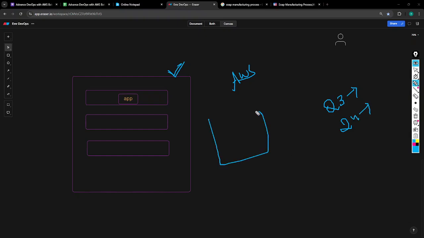In one region, there will be 10 data centers, more than that. They do not directly disclose the number, but there are more than 10 data centers in a region. Means in each country, more than 10 data centers. Each data center is at least 50 acres. More than that only, I'm just telling you the minimum value. They build 50 acres. Even in Hyderabad itself, we have an Amazon data center.